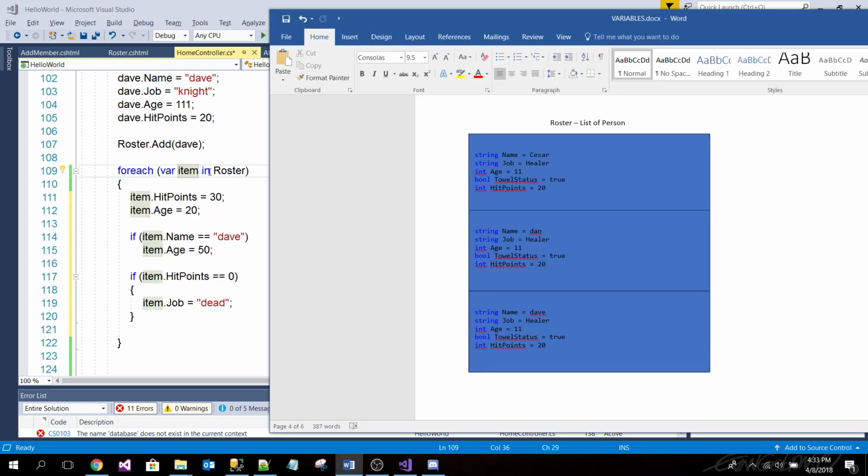I'm going to take the first dude in the collection, and this is representing the first dude, and I'm going to go through all of this. So the first thing the for each statement looks at is the roster and how many items are there. How many items does it have?